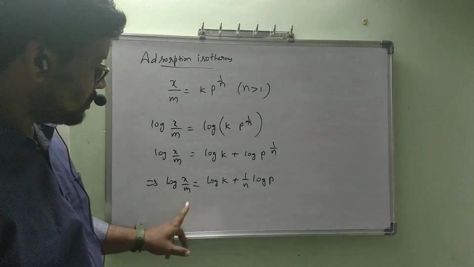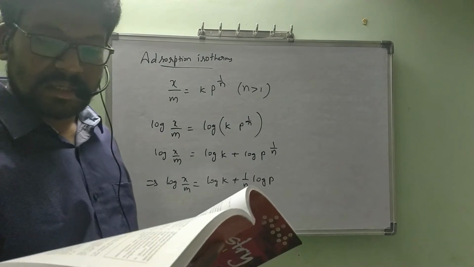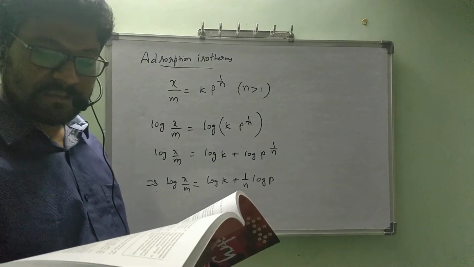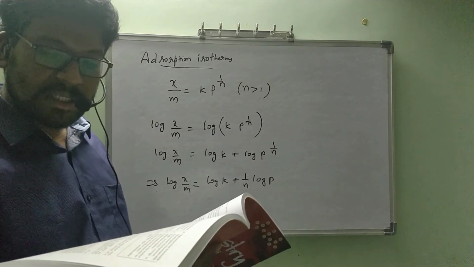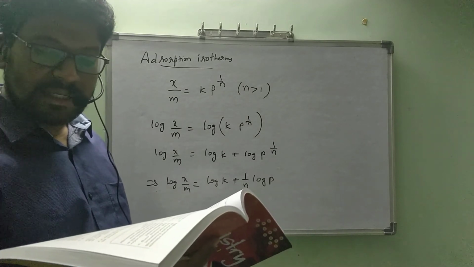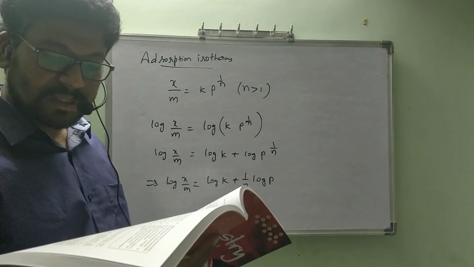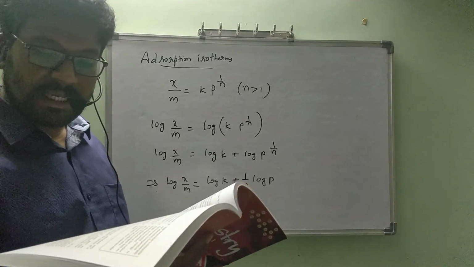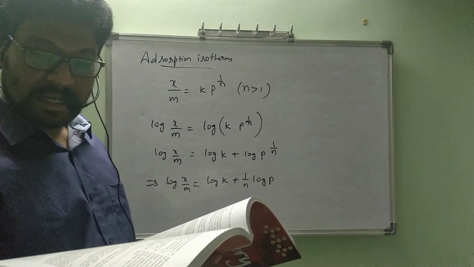Okay, this is the equation, where x is the mass of the gas adsorbed on mass m of the adsorbent at pressure P. K and n are constants which depend on the nature of the adsorbent and the gas at a particular temperature. The relationship is generally represented in the form of a curve where mass of the gas adsorbed per gram of the adsorbent is plotted against pressure. These curves indicate that at a fixed pressure there is a decrease in physical adsorption with increasing temperature. These curves always seem to approach saturation at high pressure.